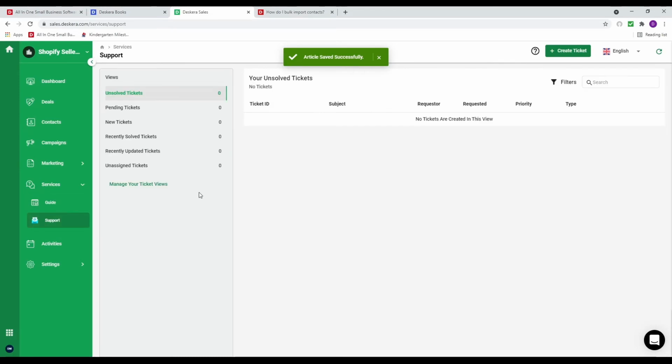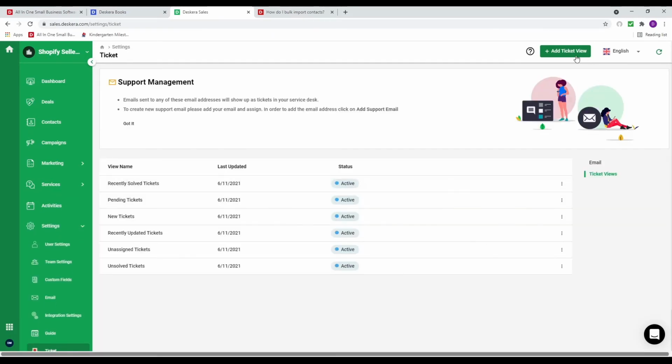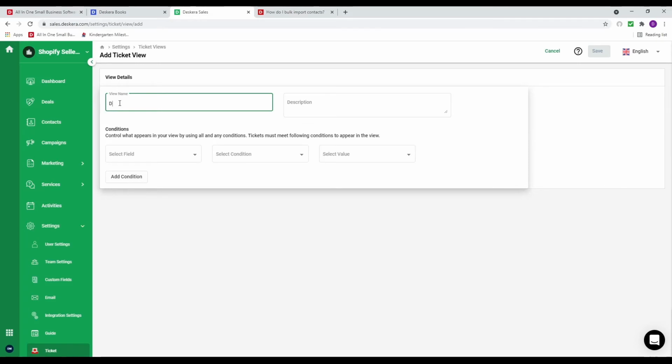Next, let's click on support. Inside here, I can see my different views. I can see any tickets that have been created. I can click here, manage your ticket views. And I can add a ticket view. So for example, if I want to just see David's tickets, for example,